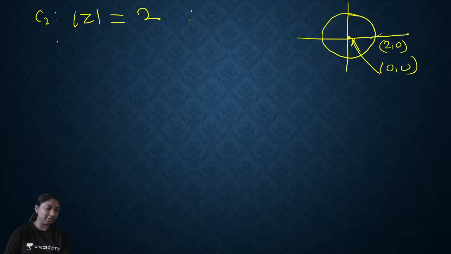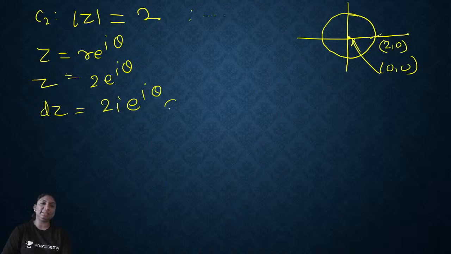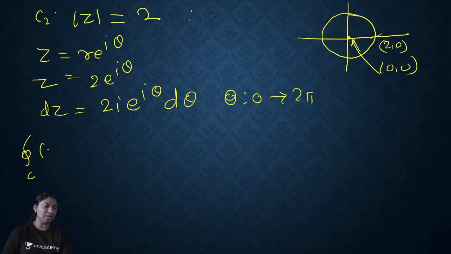So what will your f of z become? Here z is r e raised to i theta. So here r is equal to 2, so 2 e raised to i theta is your z. So what will dz become? 2i e raised to i theta d theta. Again theta is varying from 0 to 2 pi. Okay, so your closed integral over C of f of z dz is equal to the integral from 0 to 2 pi of